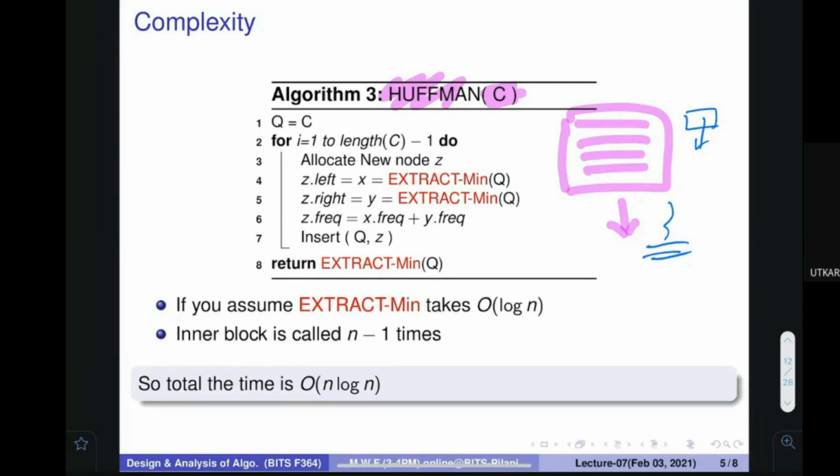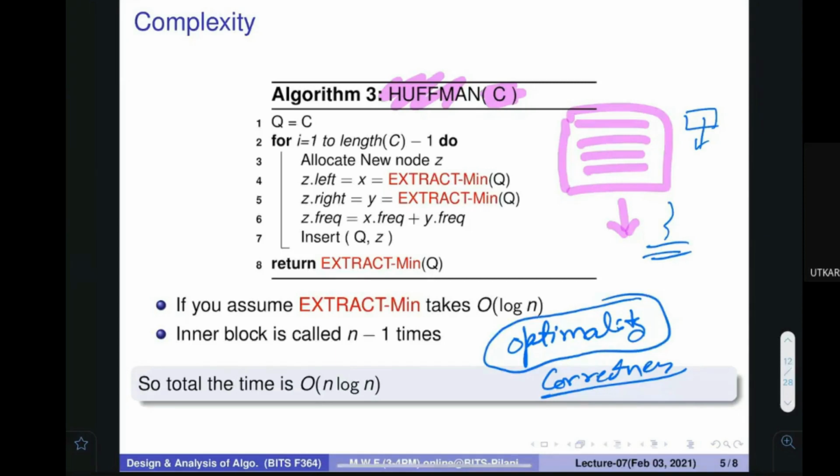Now we are quickly going to talk about the optimality and correctness of this particular algorithm. Optimality basically means it gives you the right code, because you want to give the code that takes a lesser amount of space. How can you prove that the code is going to be optimal? Should we go to that, or do you have any question? If you have any questions, we can discuss. Otherwise, I will go to the optimality part.